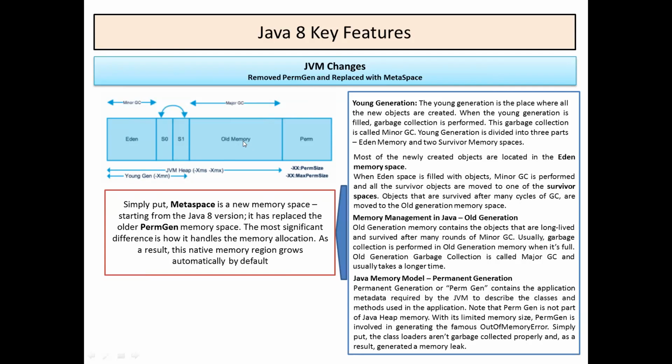All such objects collected in the old memory need a major GC to clean them. Major GC can happen every 30 minutes, every 40 minutes or every 1 hour based on your configuration. Major GC looks into this old memory and releases or cleans up the objects which are not used. Major GC is a heavy operation.